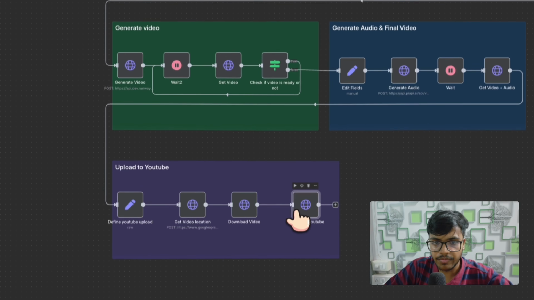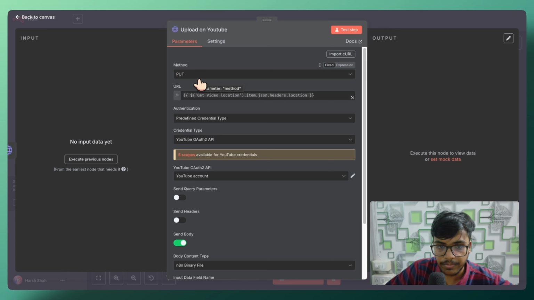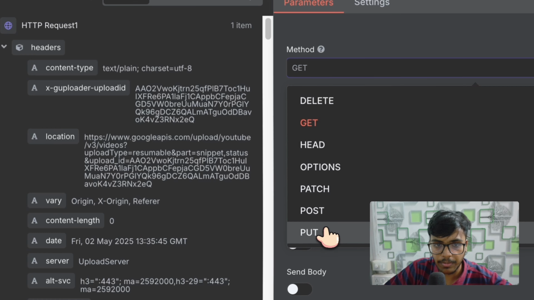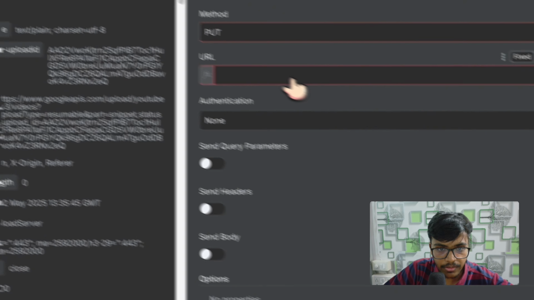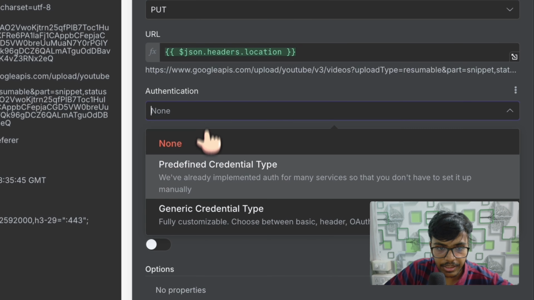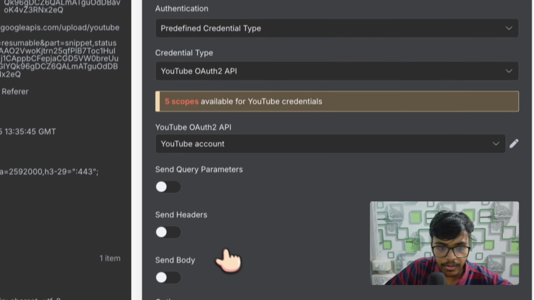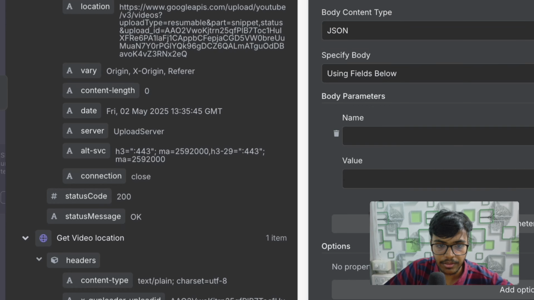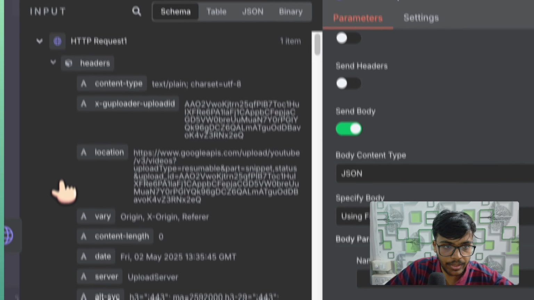And the next step is to upload that video, right? So basically, let me fetch the URL. In this one, you need to use the method put again, right? Because then I'm going to add the video to the YouTube channel. In this one, let's add the location. Perfect. And authentication is going to be predefined, then YouTube auth, YouTube account. Perfect. And in that, again, send body, you need to add the binary file, turn on the send body, and okay, value is going to be the